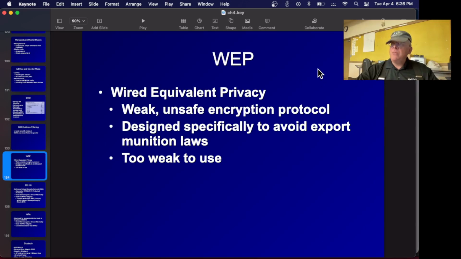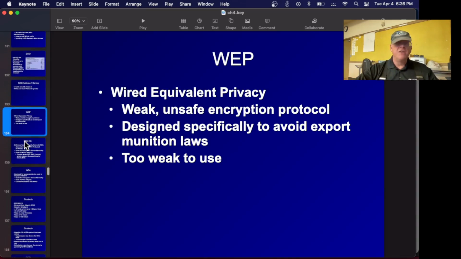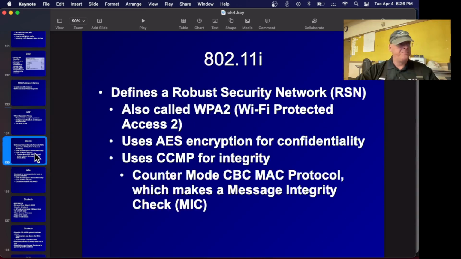WEP was the original encryption scheme for wireless networks. People were reluctant to buy 802.11b wireless cards because they thought it was insecure to use wireless networking, which it is, of course. Your traffic is going all over the place. So they added this encryption and said it would make you as secure as a wired network. That was completely false. It had many flaws in the encryption. It was easily broken, quickly broken, and is not recommended at all anymore. The only reason to use this is if you have some legacy hardware that requires WEP. But if you have a WEP-protected network, some people can get in without knowing the key. I used to have it as a homework assignment in the hacking class. It's not hard to break into at all.